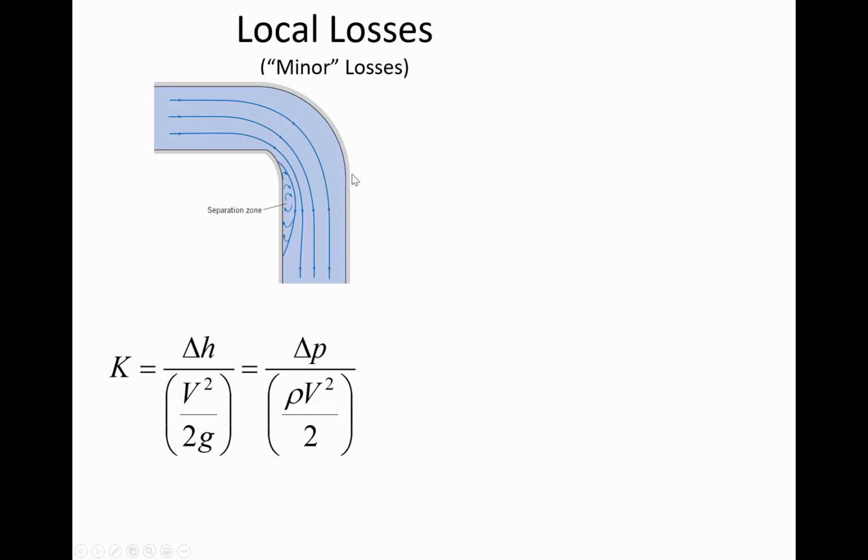And experimentally, that's what we did in the lab a couple of weeks ago, is we looked at a variety of different fittings, and we were trying to determine what was the K value that applied by measuring the pressure change upstream versus downstream from that fitting. So you can apply all of the K values together, adding them up, multiply it by the velocity head, and that's how you determine these local losses.